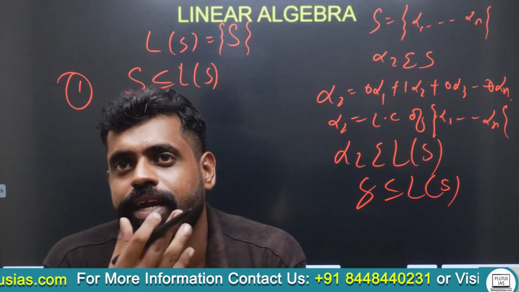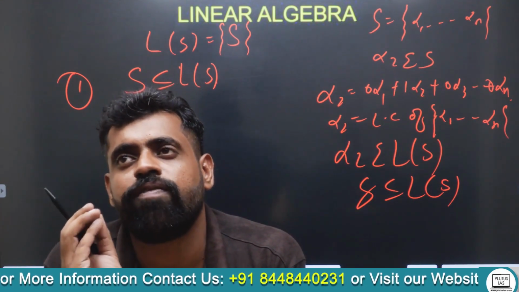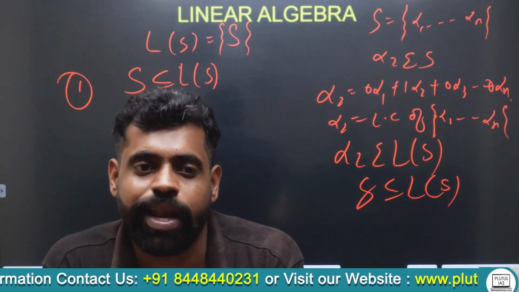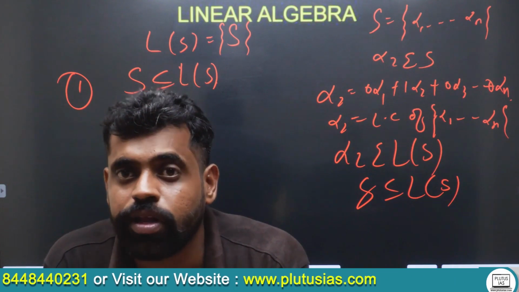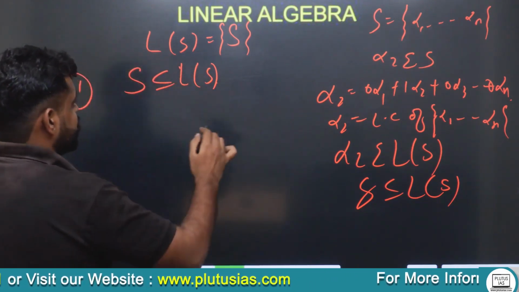Now we have the second condition. All the alpha 1, alpha 2, alpha n will also belong to LS. ये तो हम कल ही आप लोगों को बता रहे थे. LS, it will belong to. Now there is the second condition. The second condition says that